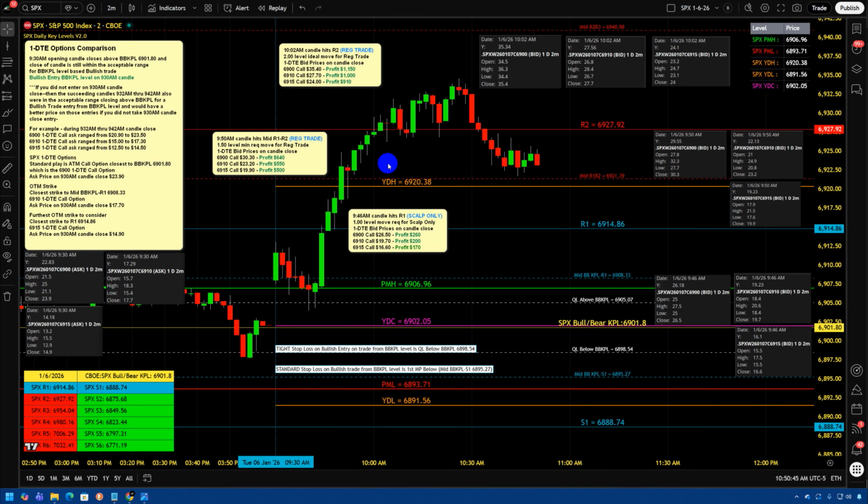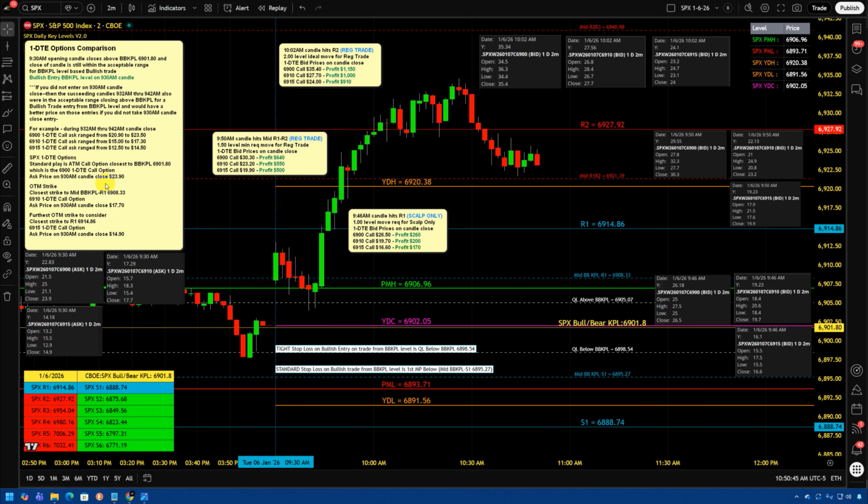Okay, so as we can see here, it's basically the exact same setup, the exact same strikes. We're just simply using 1DTE versus 0DTE. As you can see here, on the at the money standard play, our entry price here in the 9:30 a.m. candle is 23.90